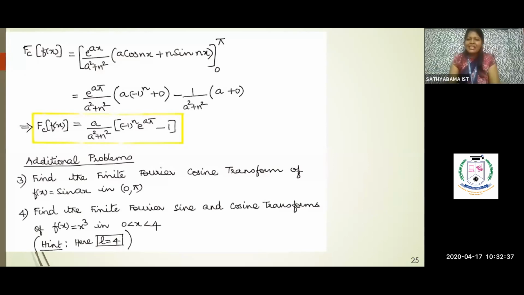Okay. So what we saw today was bits and pieces of Fourier transform, which is the very last unit. So we actually are winding up the last unit. Okay, with this session, unit 5 is completely over. So I hope that you found this session useful. And as always, I thank you for listening to me patiently.